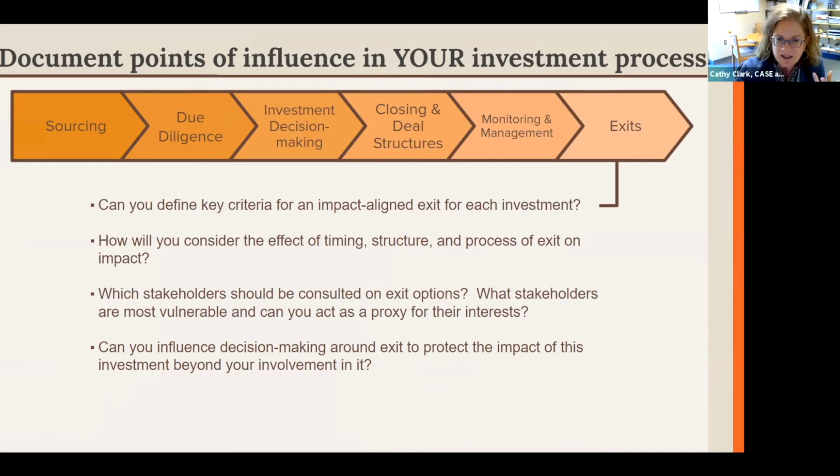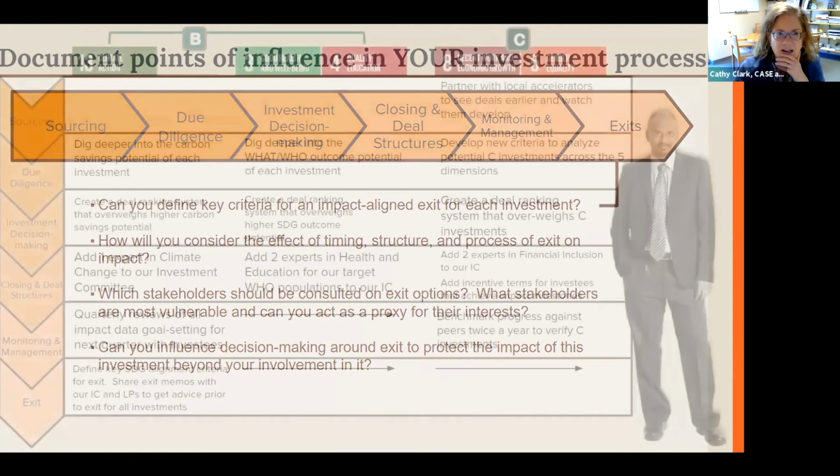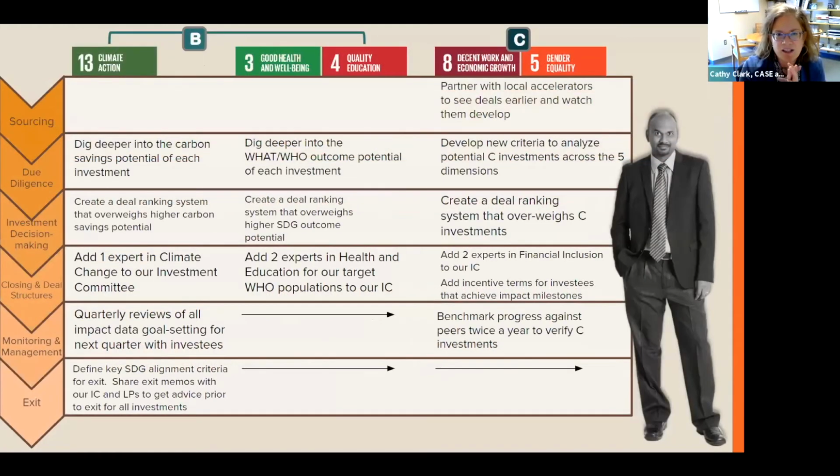Can you influence the decision-making around exit options that come to you to assure that the stakeholders who are experiencing impact from this investment continue to experience that as the investment changes ownership? So this is just, I wanted to give you this one slide, which is a piece of this module that